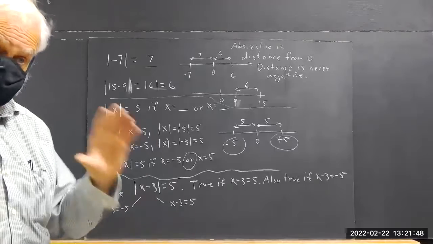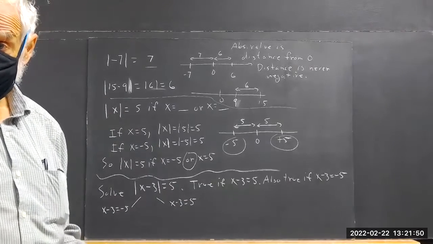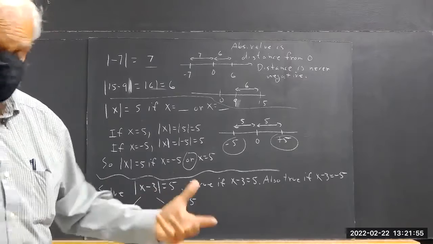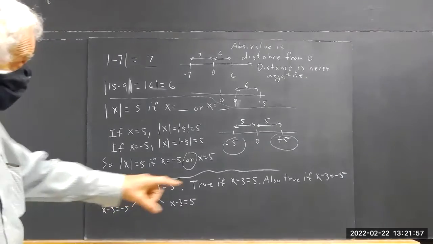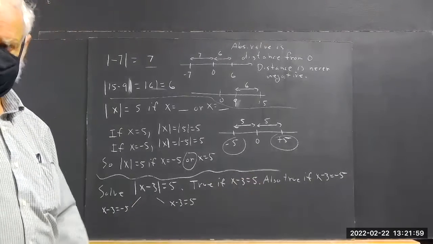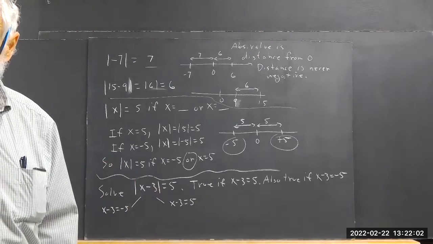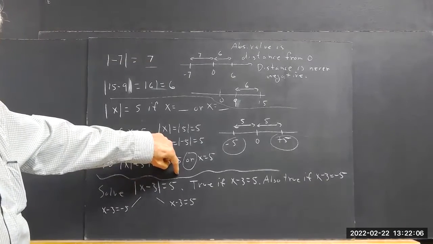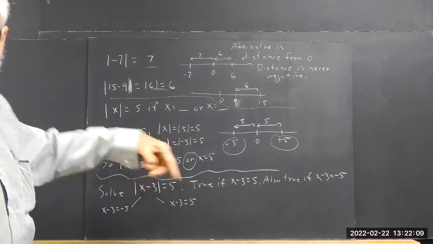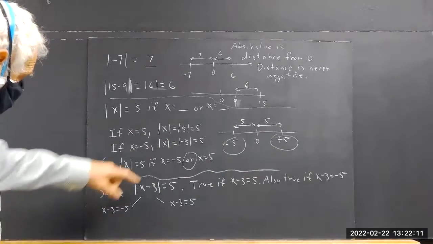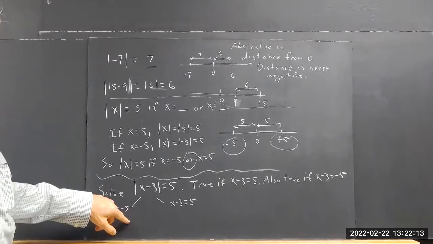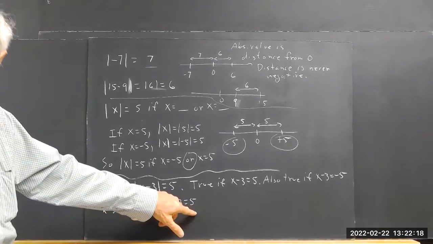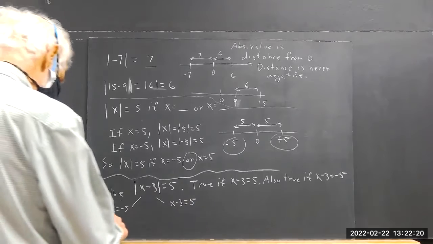If you didn't totally understand it, you really want to look at it again, and you also want to see what Open Math tells you about it. It probably asks you to memorize, but whatever. You want to understand this at the level of, it's not a formula, it's common sense. We understand that there are two numbers whose absolute value is 5, and x minus 3 could equal either one of them. So here x minus 3 equals one of those numbers, which is -5, and here x minus 3 is equal to the other. We solve, and we get x